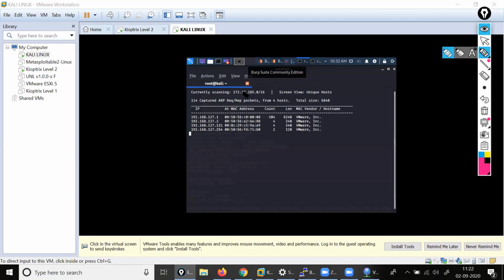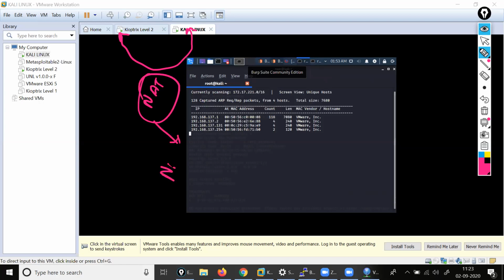Your Qupatrix here is going to connect with, sorry, this Kali is going to connect with your Qupatrix. How is it connecting? With the help of NAT. So by default, the NAT is NAT 8. If you create an adapter, you will find NAT 0 is there, NAT 1 is there, and NAT 8 is there. This is predefined. You understood my point?